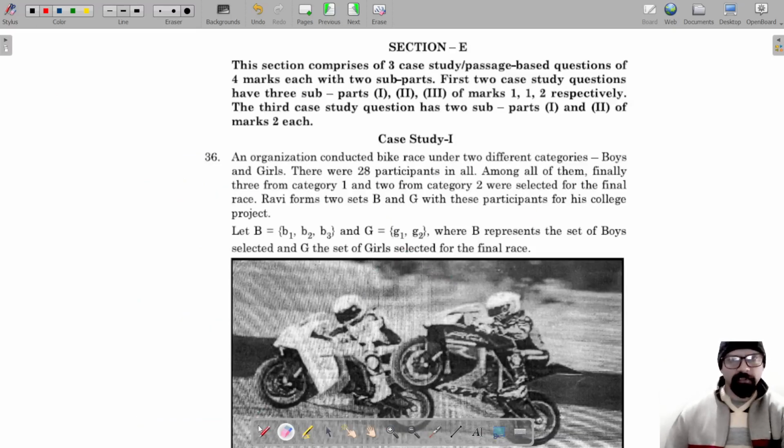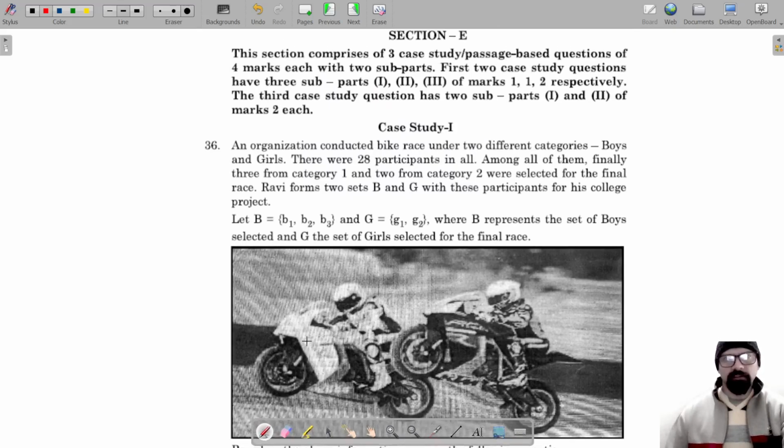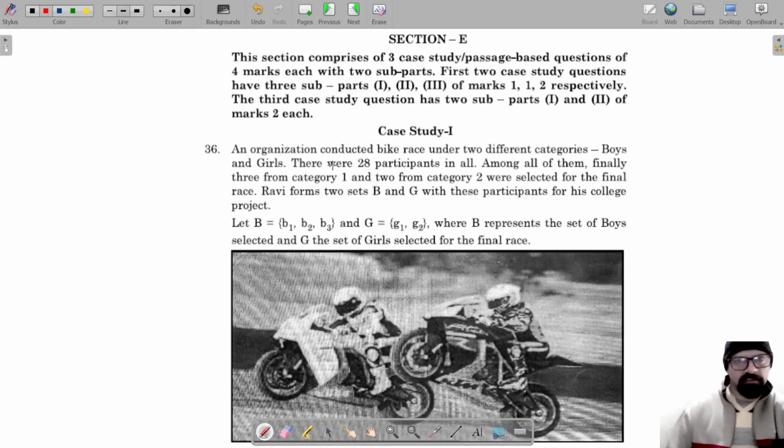Question number हम कर रहे हैं, question number 36 का part B, और ये question है एक study based question। इस question में दिया है an organization conducted bike race under 2 categories, boys and girls की category में एक bike race conduct की गई, 28 participants उसमें सारे हैं in all। और finally category 1 मतलब boys में select किए गए 3 boys, और category 2 में से girls में select की गई 2 girls।